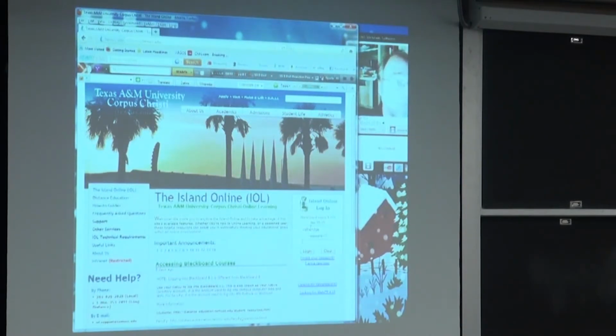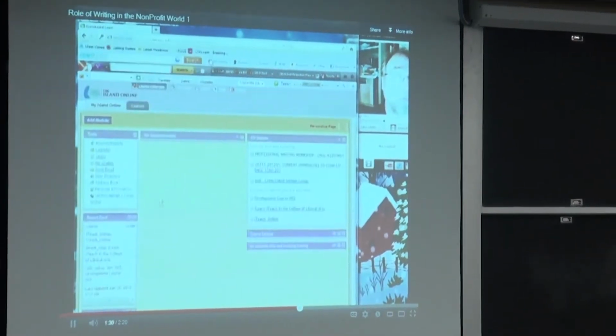Now, if you've never used the system at all, you click on I am a new user. If you've used it once, twice, and forgotten it, you click on create your password. But you log in, your username and password. My password is HailVegas 2012. I think I'm making that one up. Anyway, so you log in, okay, and then you get into your Blackboard